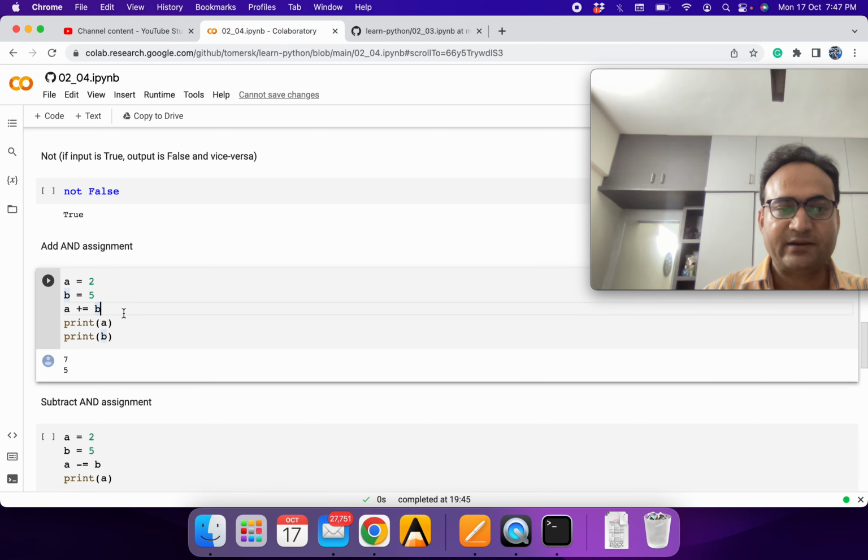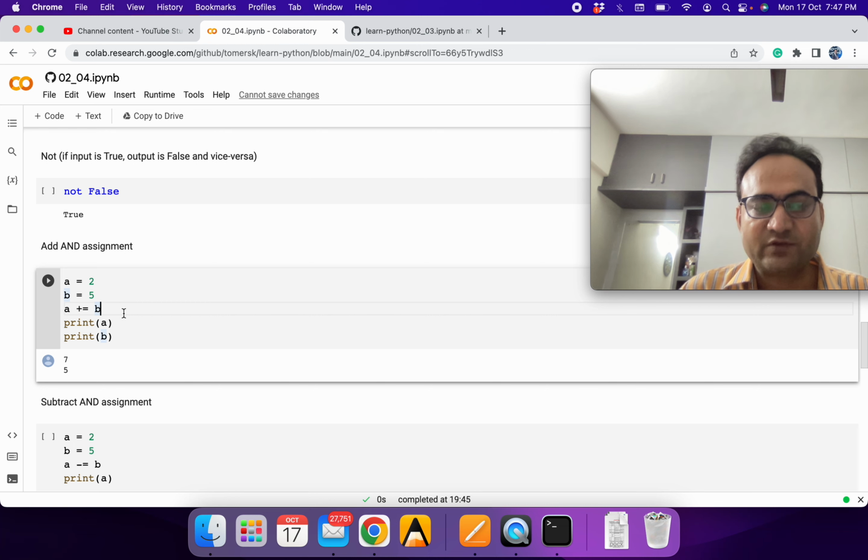Look at the third row in this part. You can either say a is equal to a plus b, then you will get the answer 7. Or, instead of writing this way, you can say a plus equal to b, which is a short way of writing the same thing. It's a short way, but I don't feel we are saving much space. I usually prefer the more reader-friendly version, a is equal to a plus b. But if you want, this is a part of Python, you can use this way.